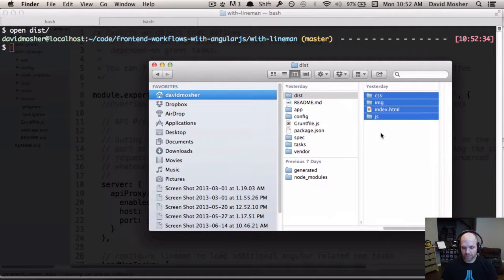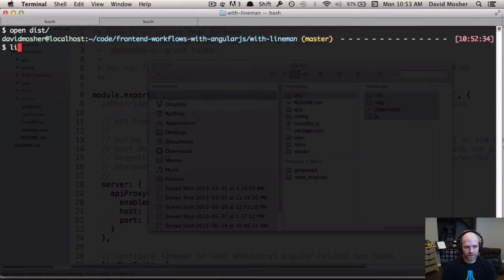And we're working on a simple way to automate that, with the idea of lineman deploy into, for example, Laravel. And then there would be some configuration that you would set up as a grunt task so that it would know, okay, I need to run the build to generate my static assets for production, and then I need to copy all those into a specific directory. So let's go back here,